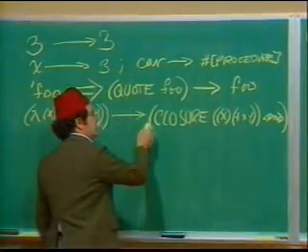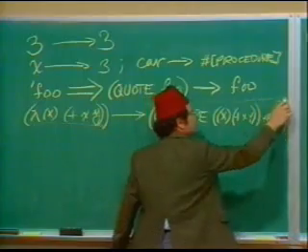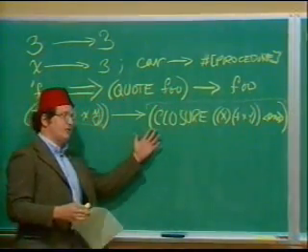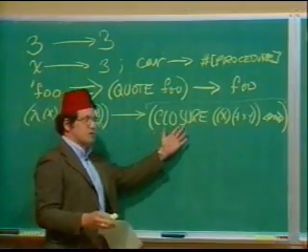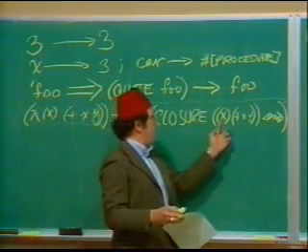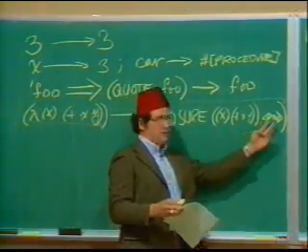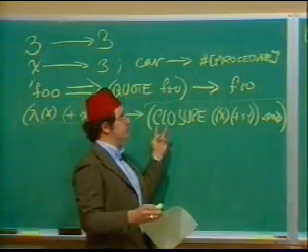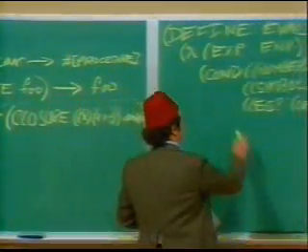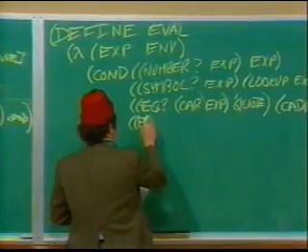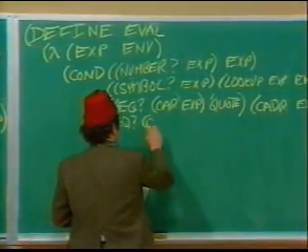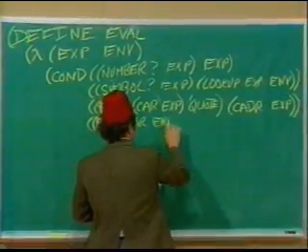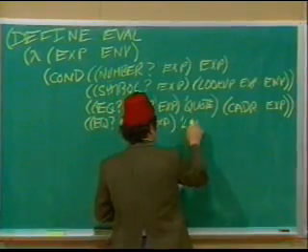Now this is not something a user should ever see. This is purely a representation internally for a procedure object. It contains a bound variable list, a body, and an environment, and some type tag saying I am a procedure. I'm going to make one now. So if the car of the expression is quote lambda,